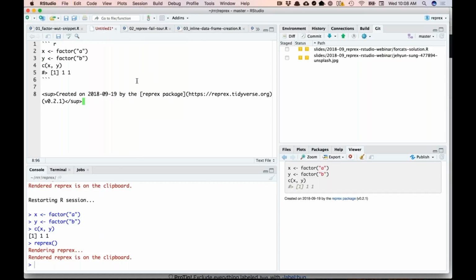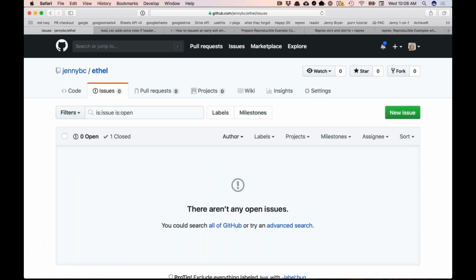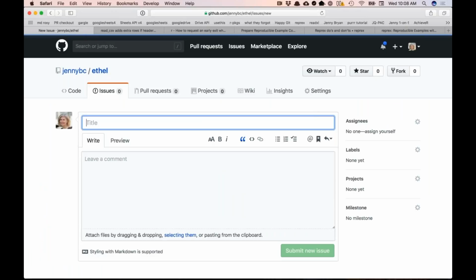paste the contents of my clipboard right now, you actually see what's called markdown, and this is what's necessary to create the attractive version of this code. And why is this helpful? Because you can go to places like GitHub, the RStudio community site, or Stack Overflow and paste this markdown in. So I'm going to show you